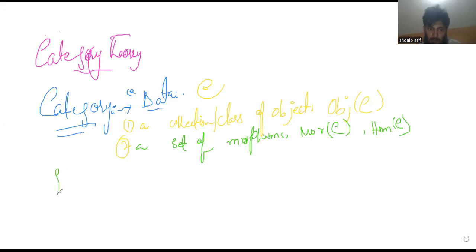A morphism is a function, or we can say an arrow, from an object X to Y, where X and Y are